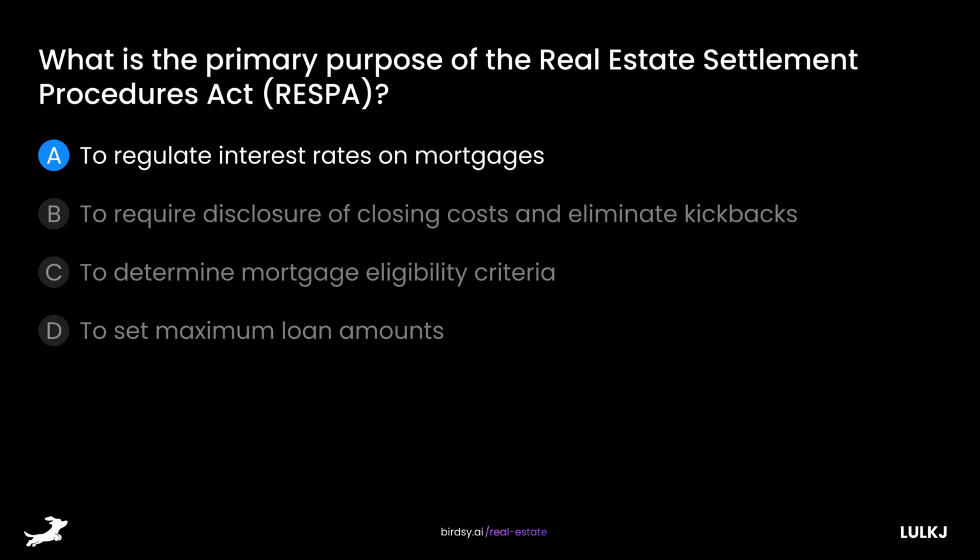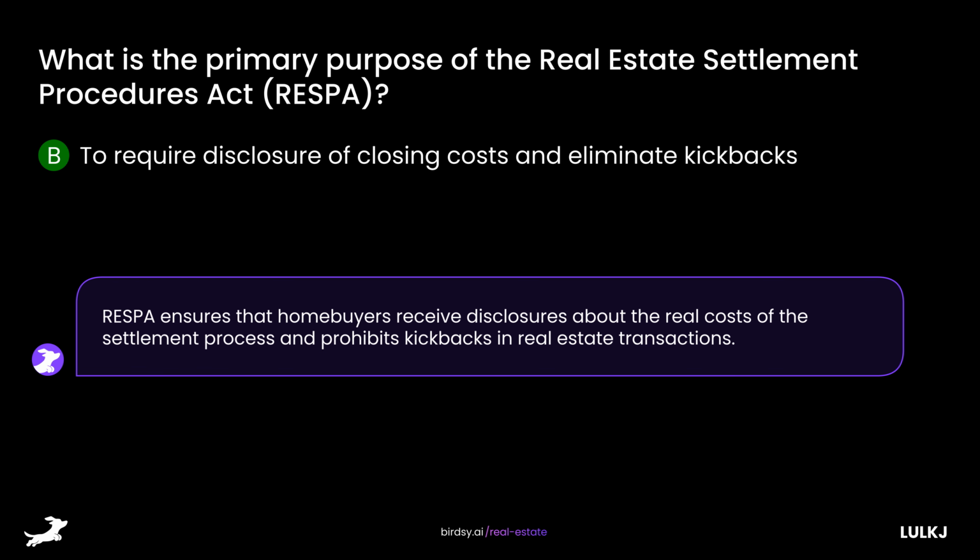Is it A, to regulate interest rates on mortgages, B, to require disclosure of closing costs and eliminate kickbacks, C, to determine mortgage eligibility criteria, or D, to set maximum loan amounts? The answer is B, to require disclosure of closing costs and eliminate kickbacks. RESPA ensures that homebuyers receive disclosures about the real costs of the settlement process and prohibits kickbacks in real estate